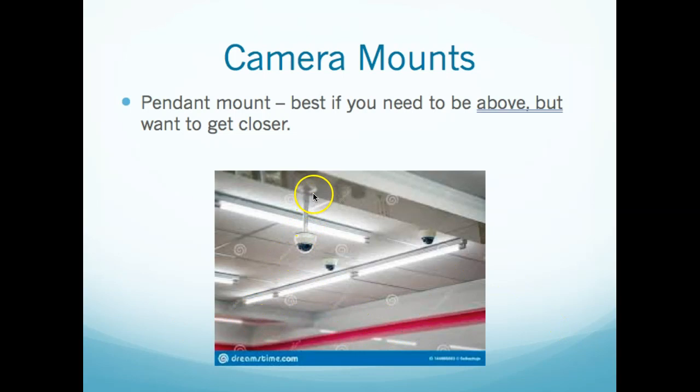One of the other beauties of a pendant mount is you get closer, right? So this camera has a certain view if it's looking down. This one is, in this case, about 2 feet, and these can drop down about 4. You'll even see some 6-foot pendants, but after that, you find a different way to do it. But you get closer, and if you get closer, you get a better view. The other thing is it's easier to work on. If this distance is, say, 15 feet here, with this one, if you're up 17, 18 feet,